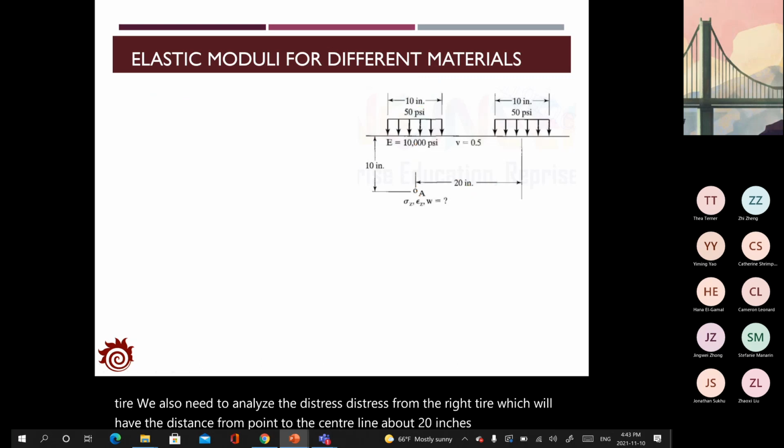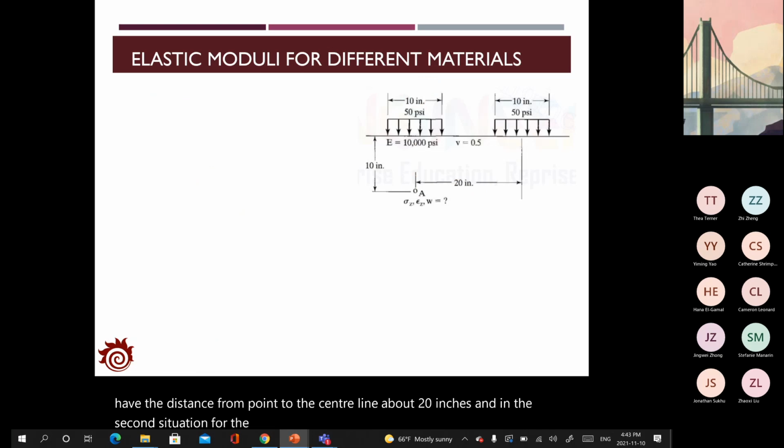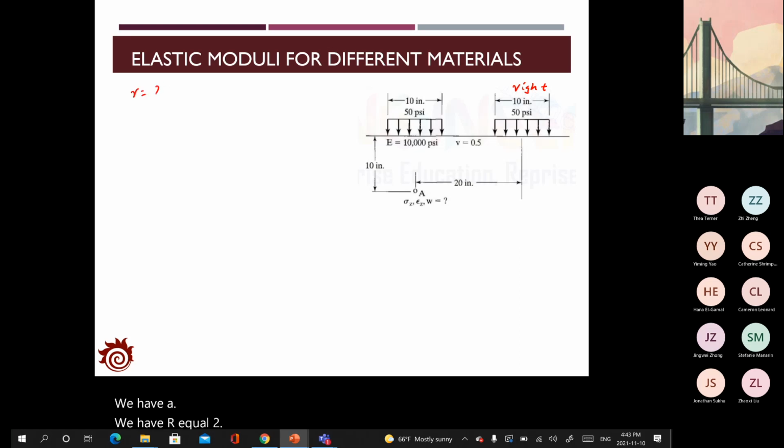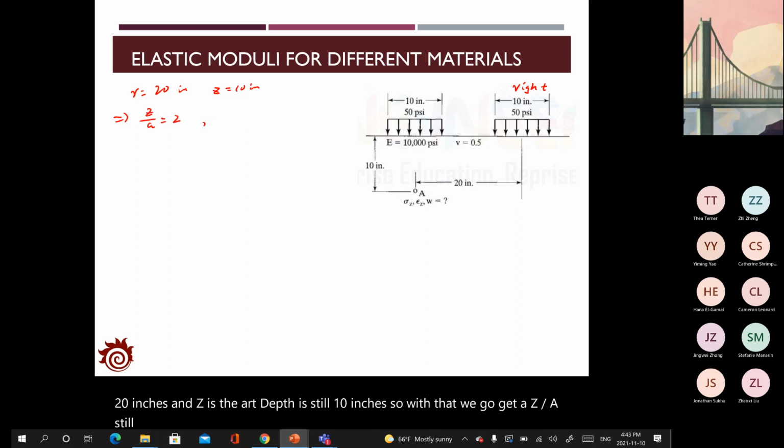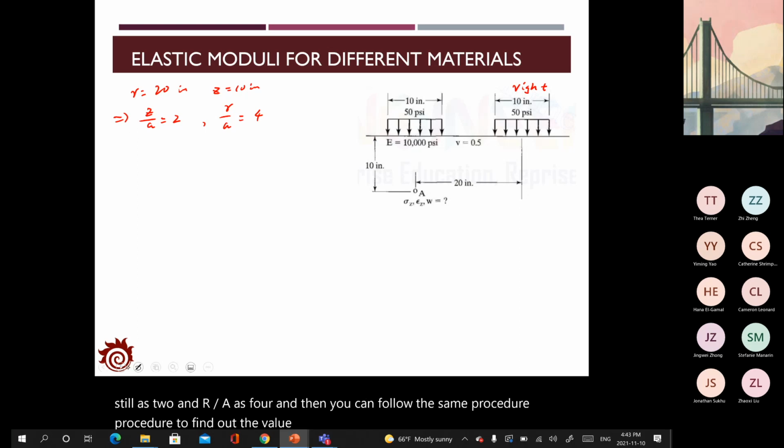And in the second situation, for the right tire, we have R equal to 20 inches, and Z, the depth, is still 10 inches. So with that, you get Z over A still as 2, and R over A as 4. And then you can follow the same procedure to find out the value of sigma Z